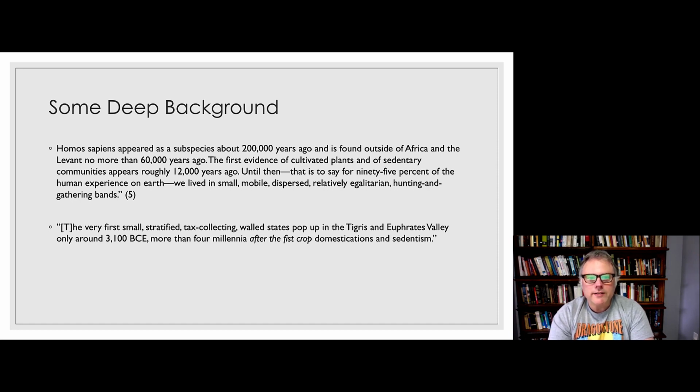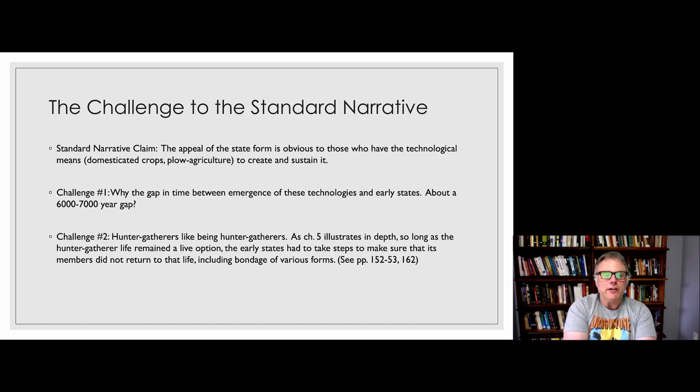So what Scott is doing here with these facts is raising a kind of challenge to the standard narrative. Remember, the standard narrative about the state is that the appeal of the state form is obvious to those who have the technological means, domesticated crops and plow agriculture, to create and sustain it. But Scott's going to say, wait, that doesn't seem right, because there's about a 6,000 or 7,000 year gap in time between the emergence of these technologies, the plow agriculture, the ability to raise crops, and the emergence of the